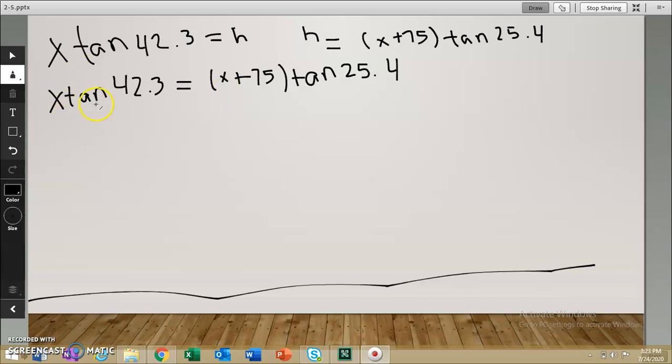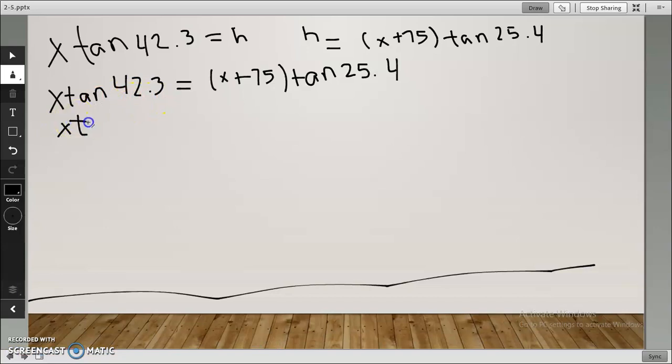So I have x tangent 42.3, and I'm going to bring it down. And I want my x's by themselves. So before I can do that, I need to go ahead and distribute this. So that's going to be x times tangent 25.4 and 75 times tangent 25.4. So I get x